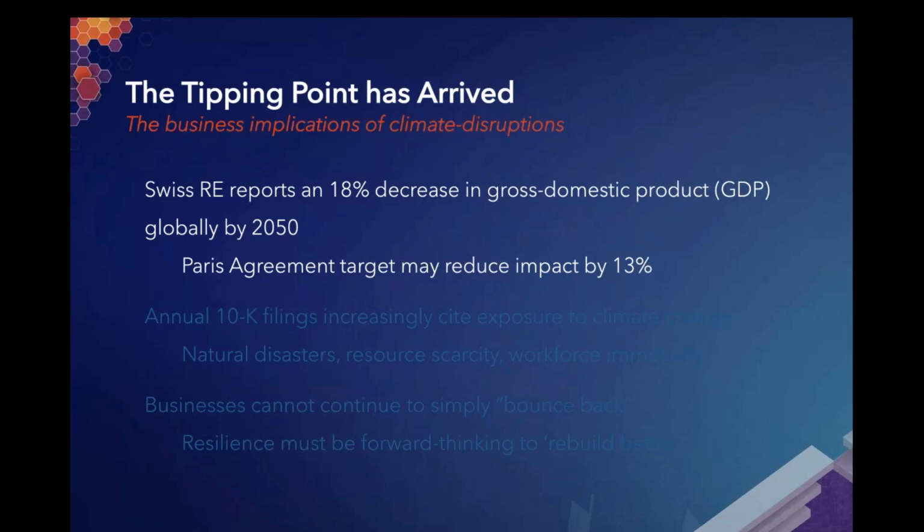Now, what this means, if you have the population increasing while the GDP is decreasing, in simple economics, is we'll see a drop in the quality of life on a global scale, the likes of which have not been seen in the information age. But there is hope. That's why we're here today.